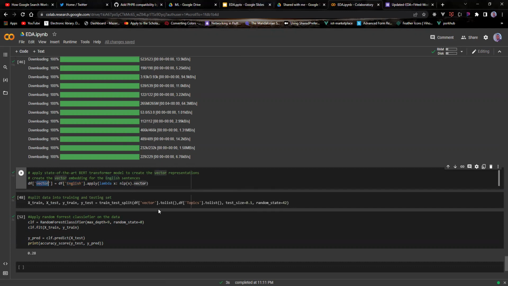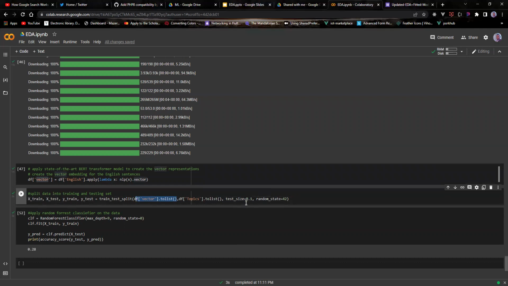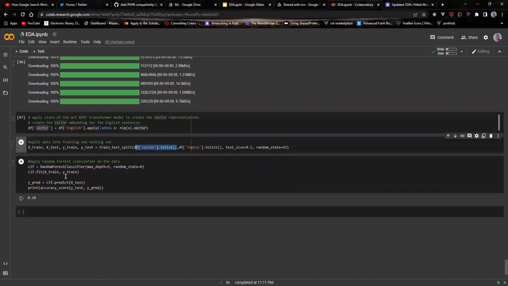After getting our vector representation, we try to split it into the test data and the training data, using a ratio of 0.1. Here we use the ratio of 0.1. And then here we try to apply our random forest classifier. Our hyperparameter is the max depth. The random forest classifier is an ensemble learning model,